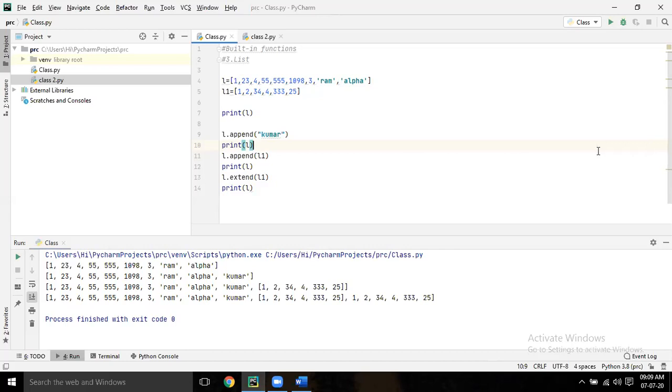Extend takes the numbers only. So what is the difference between append and extend? Can you tell me now? Append adds L1 one more time as a whole, and extend adds the items.